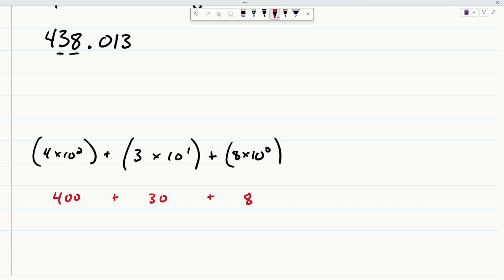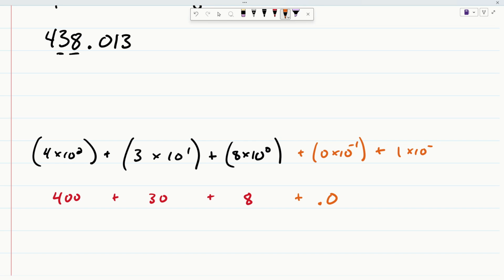All right, so that's the whole number part expanded. But now we're going to do the decimal part. And I'll do this in orange. So plus, now we have 0 times 10 to the negative 1. All right, which we know is just going to be plus 0. But it has a decimal now. All right, plus